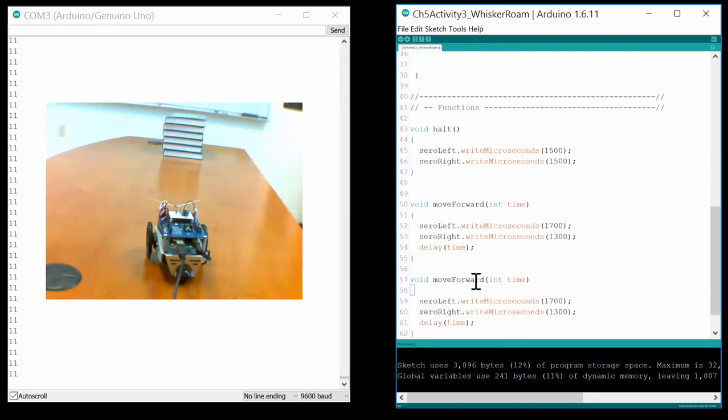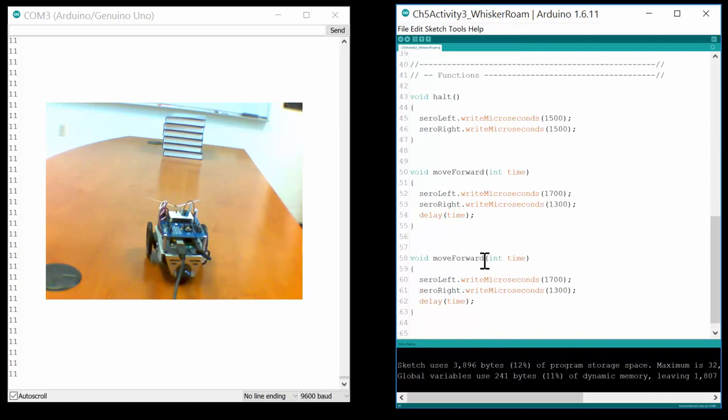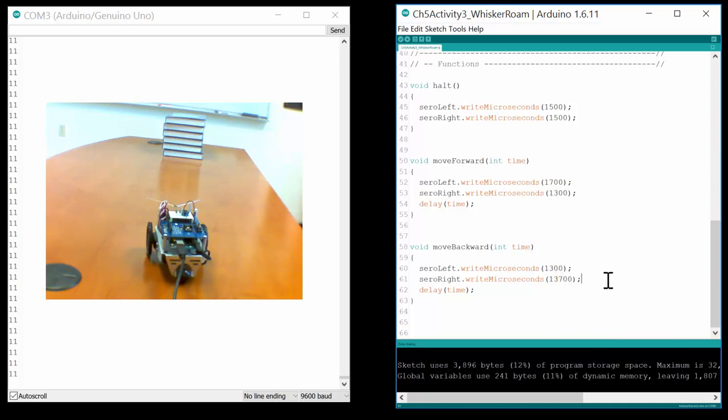Now, backwards is actually really easy too. So I'm going to do move backwards. I copy my function from before. So move backward, move forward. And all I do here is I just reverse these polarities. There's my third one. And then we're going to do,